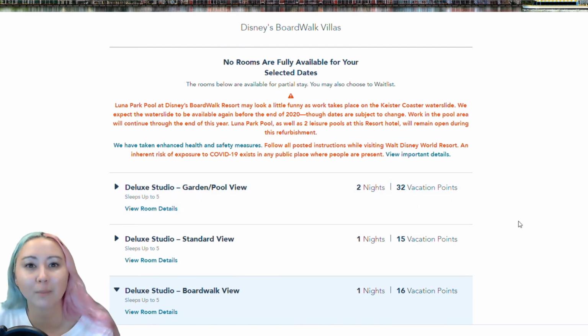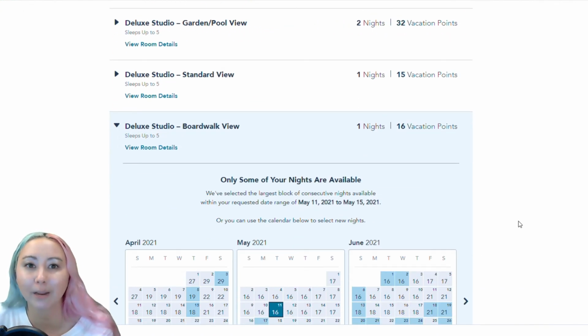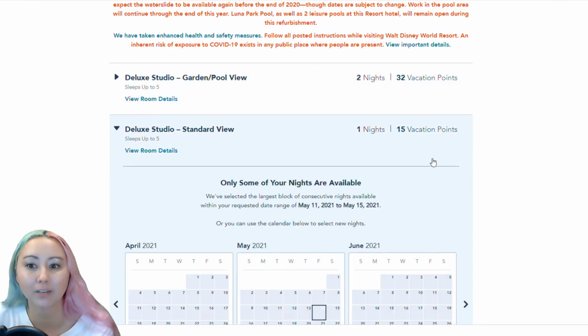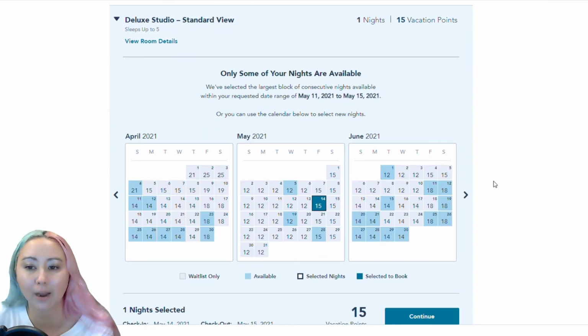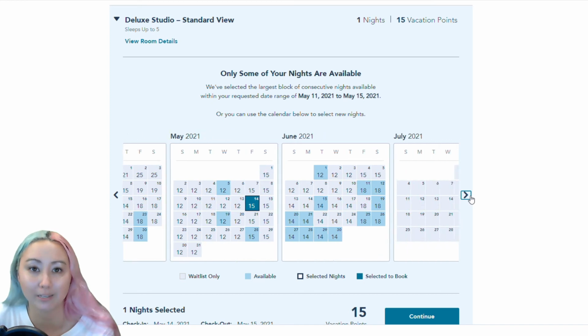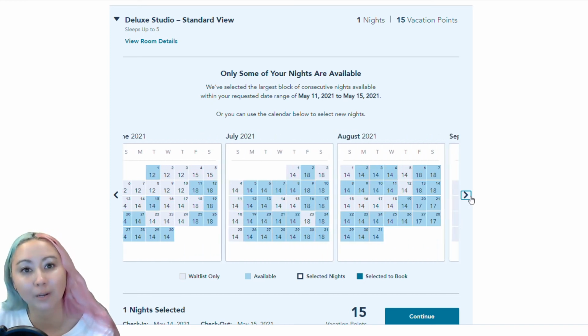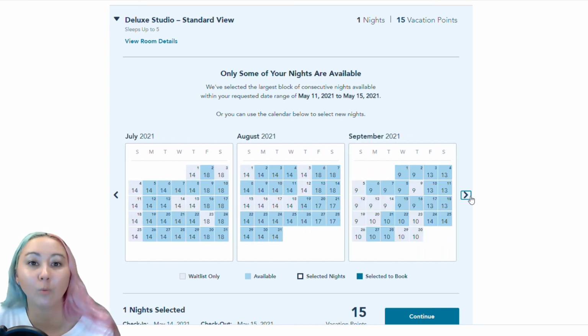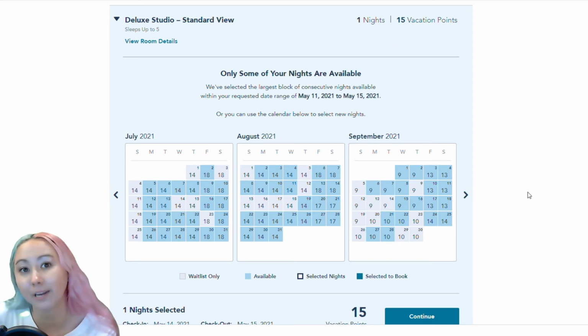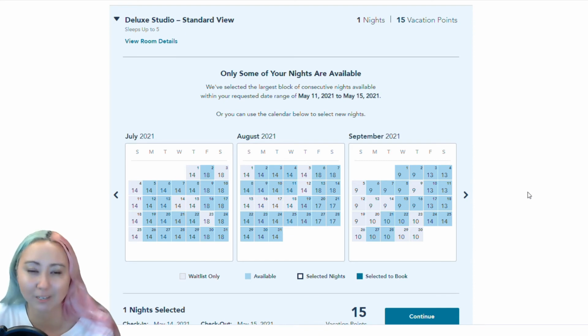For example, perhaps I'm interested in tacking some nights onto my already planned vacation. If I want to do those at the Boardwalk, I can go ahead and look around my vacation dates to see what already is or is not booked. For September of 2021, we are still within that 11-month home resort priority booking window, so only folks with Boardwalk contracts are booking at the Boardwalk. For now, it seems like there's okay availability, and maybe at the 7-month window, I would be able to snag the room that I want.